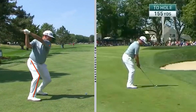I love his arms at the top of his swing. His left arm is nice and straight. Right hand is supporting the club with the right elbow right underneath of it. He maintains his side bend towards the golf ball there, and just gets the club in a really good spot at the top. As he comes down into the golf ball,